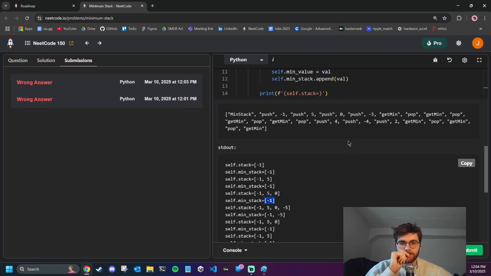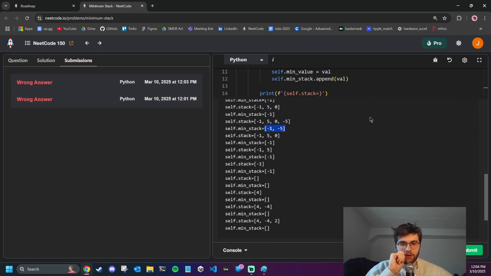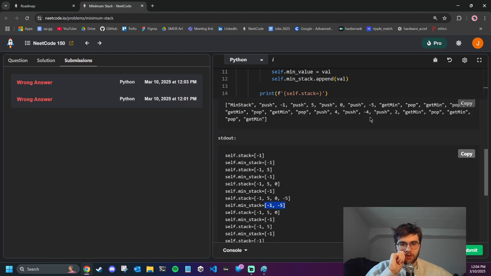So we push -1, push -5. That goes in the minimum. We get min. Get min returns -5. That works. We pop. So we're going to pop -5 from both of them. We pop. All right, so